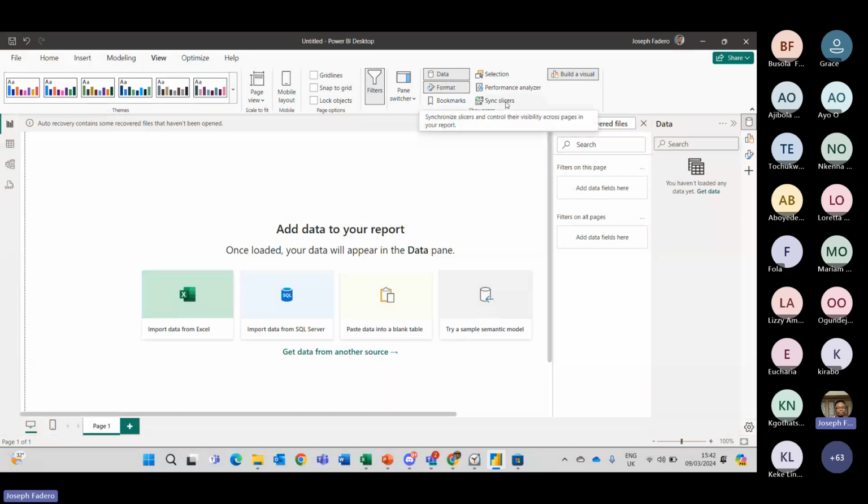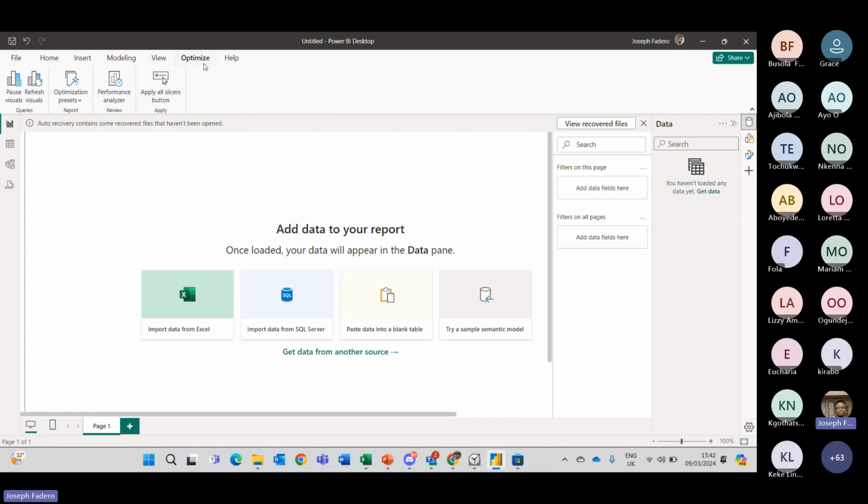This will be talked about more when we go into the reporting aspect of it. And you now have this optimize tab, which allows you to focus on optimizing your report so that your end user can digest the content they need to digest in a more user-friendly approach. So these are the things you can do under the optimize section.